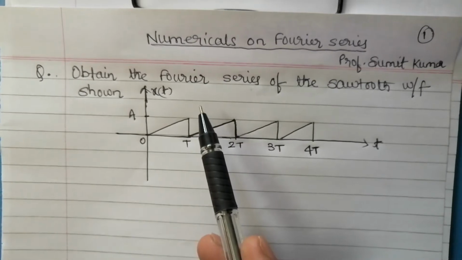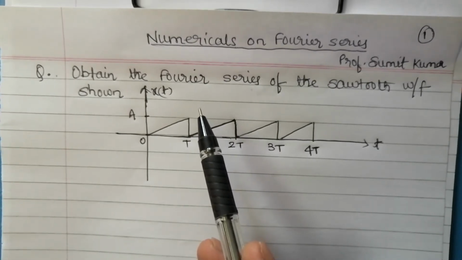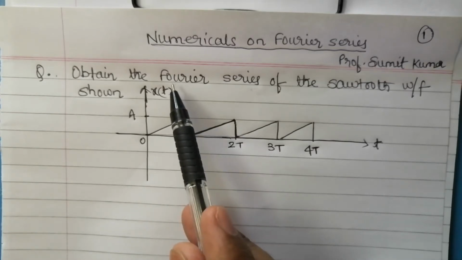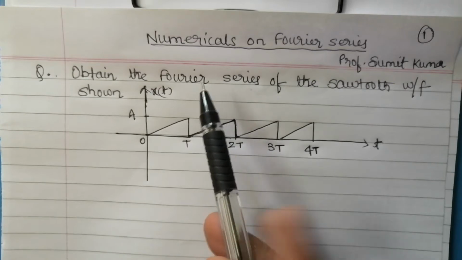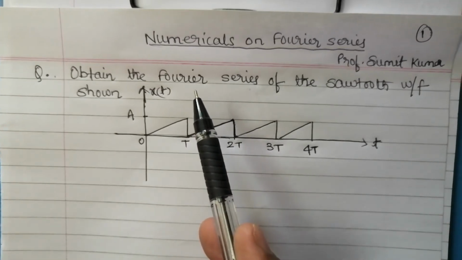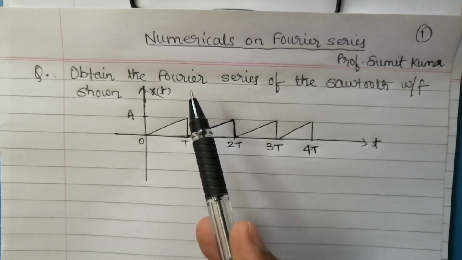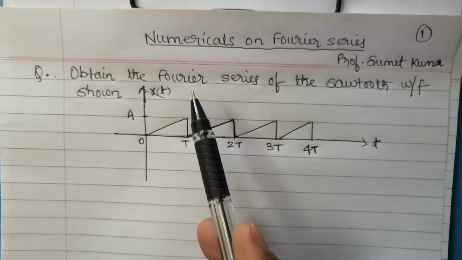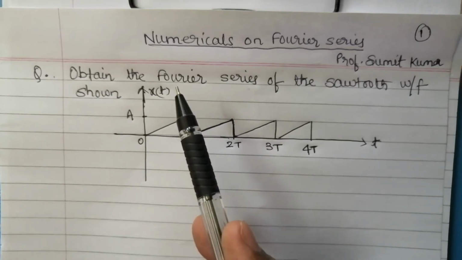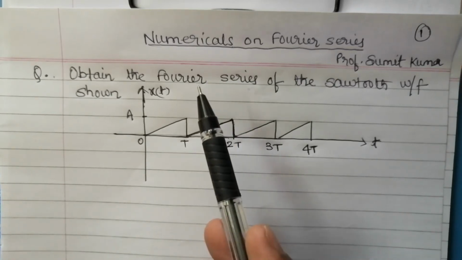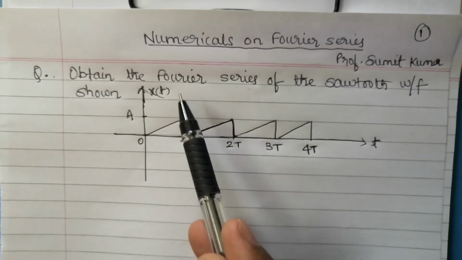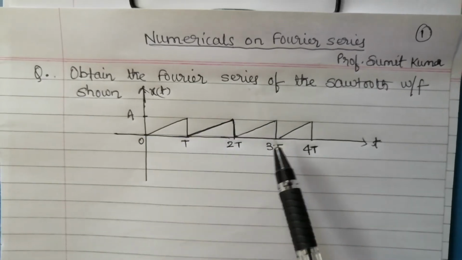You know that in trigonometrical Fourier series we have to calculate three Fourier coefficients, a0, an and bn, while in exponential Fourier series we have to calculate only one Fourier coefficient, that is cn. I think calculation of one Fourier coefficient is much simpler as compared to three trigonometrical Fourier coefficients. So we will go by exponential Fourier series for this particular example.